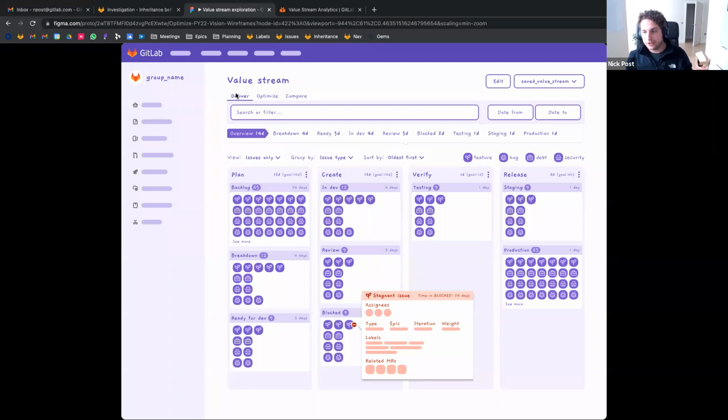There's the job to be done which is reflecting on your value stream and seeing the trends that have happened over the last few months to see whether you've been improving and why, and then also starting to compare value streams and seeing what other teams are doing in order to improve the way that they're performing as a team. So this first view is very much focused on the deliver job to be done, helping to unblock stuff